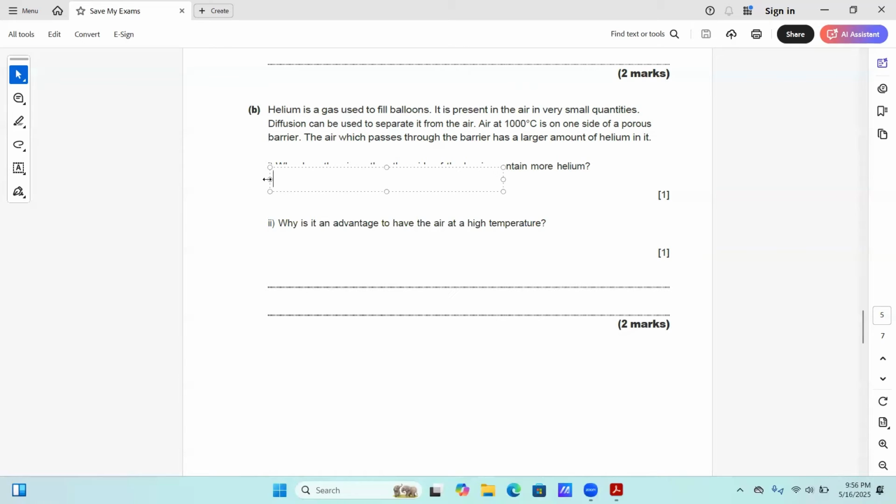Answer for the problem number 1. Helium atoms are lighter than the other gas molecules in the air. Therefore, helium diffuses faster